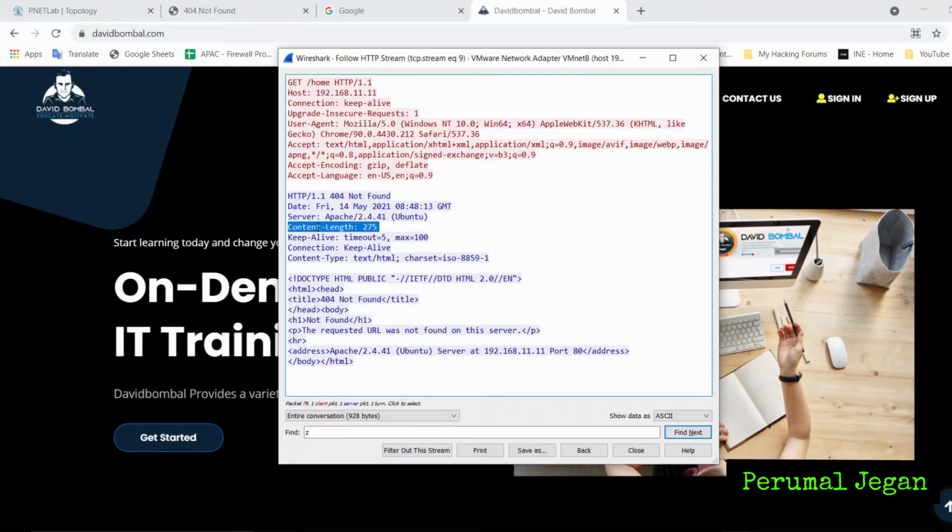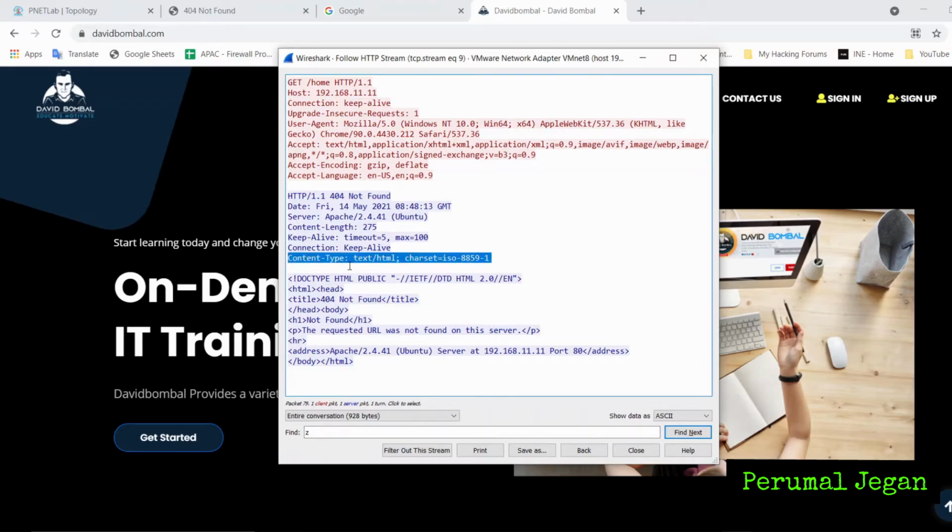The next one is content length, the length of the content shared by the web server, and the keep alive time. It also mentions the time of keep alive. Until this time, the session will exist and the connection is kept alive, even if the requester requested the same. And the next thing is content type.